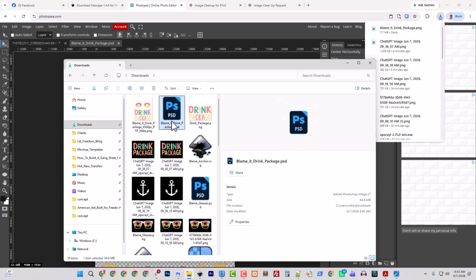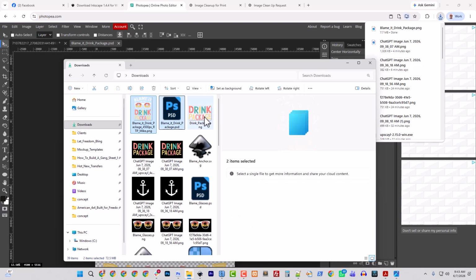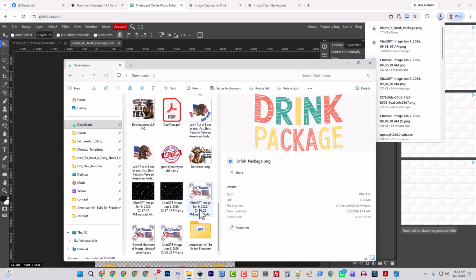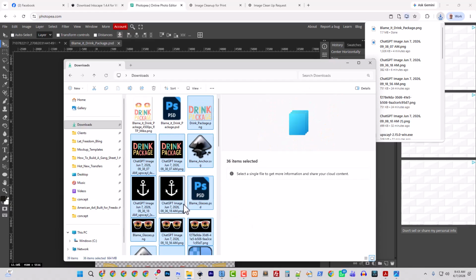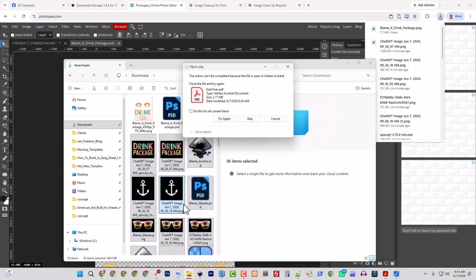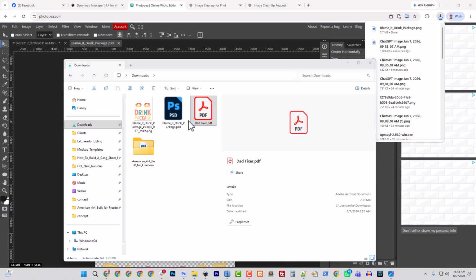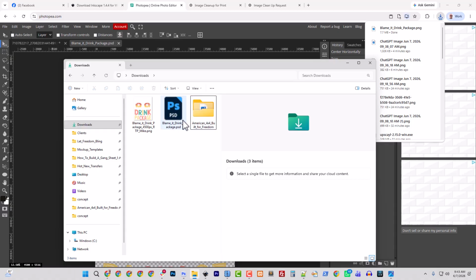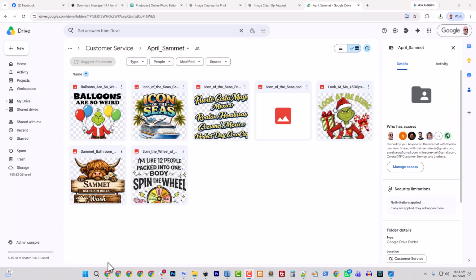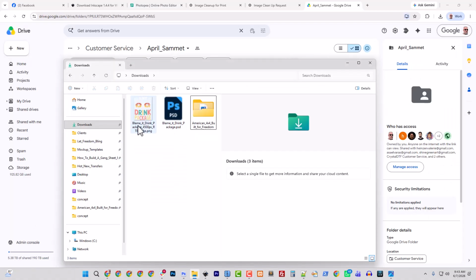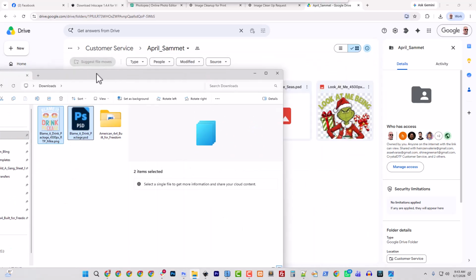And I've got these two images. These are the two worth saving. The rest of this is just all junk. We can just delete all this stuff. Let's just clear out our downloads folder while we're thinking about it. It wouldn't let me do that one because I've got this PDF open. And this one, I think that I've got that saved, but I'm not sure, so I'm just going to be careful. All right. Okay, so now I'm going to take this image and the PSD,